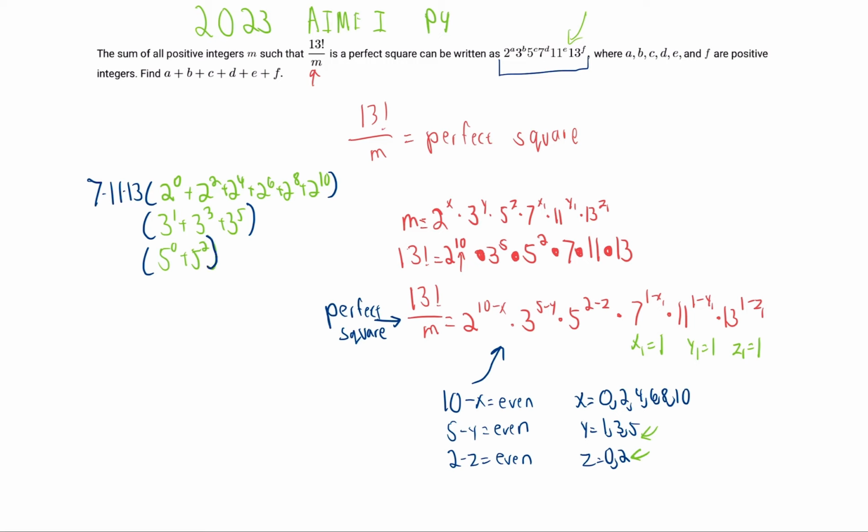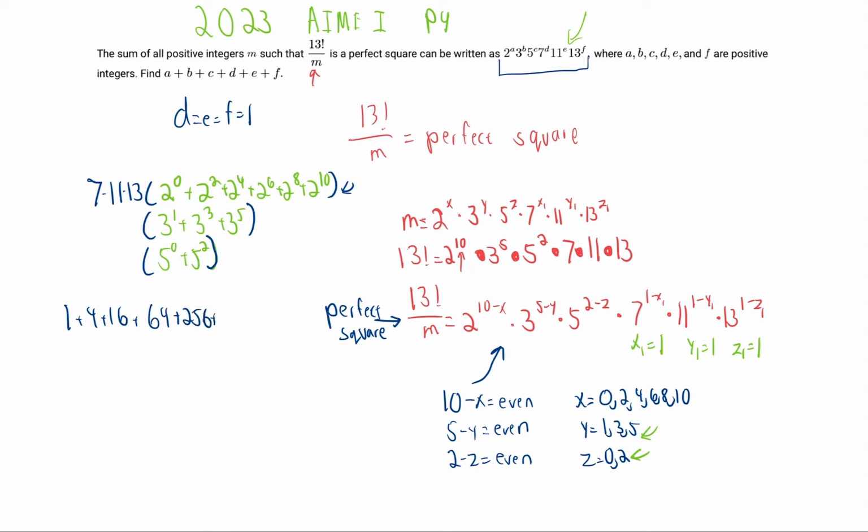Okay, so if we multiply these all together, obviously we have d equal to e equal to f equal to 1. And if we sum that up, we'll get 1 plus 4 plus 16 plus 64 plus